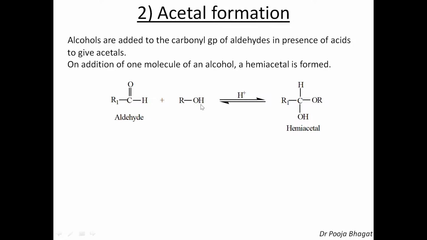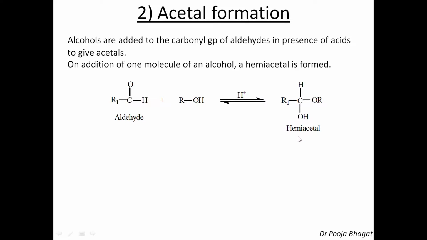But can you write down the product? Yes. In ROH, what is the nucleophile? RO negative. So on this carbon, you will have OR attached as a nucleophile. This is single bond and OH. On this carbon, R1 and H are already present. OR as a nucleophile, single bond OH. So just see R1CH, OR and OH. This is hemiacetal. Hemiacetal means halfway.